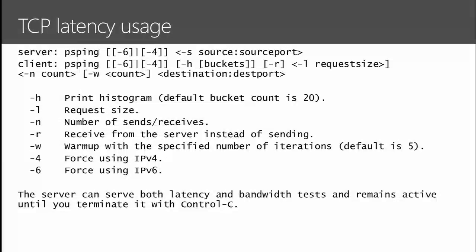You'll probably have multiple IP addresses, so you specify the IP address that you're going to be trying to connect to, and then the port that you're going to open up. Then on the client, you do ps ping and point it to that destination and the port, and you specify these other options to say how much data you want to send back and forth.